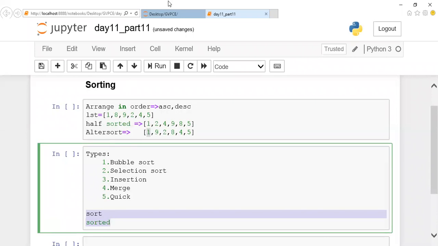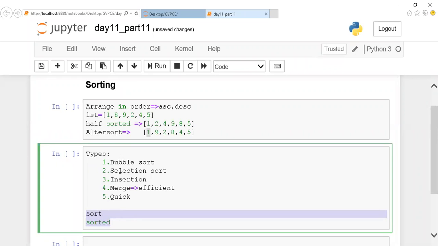You can notice that once I give sort or sorted, the data is arranged in a particular order. Among these, the efficient sort is merge sort. This is a very efficient sort compared to all the sorts. At the end of the session, I'll let you know which type of algorithm sort and sorted is following. Got it? So we are using the sort and sorted methods in Python.